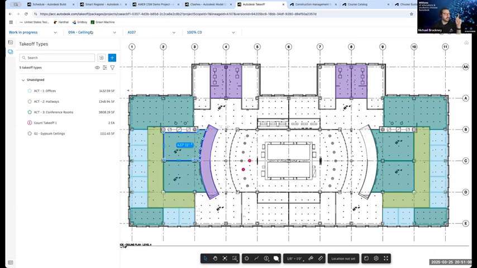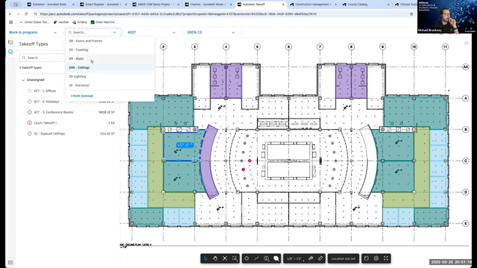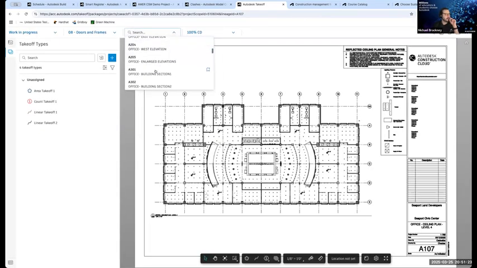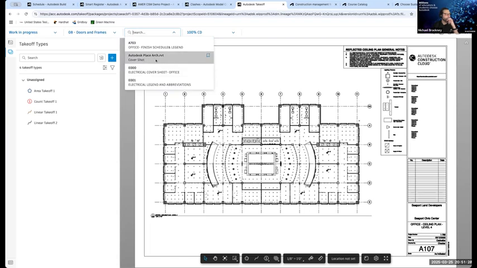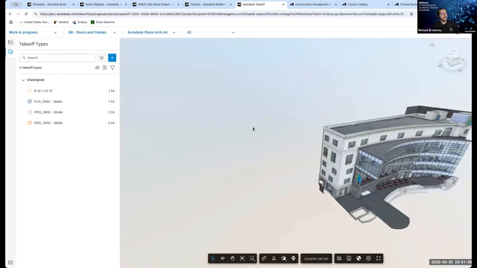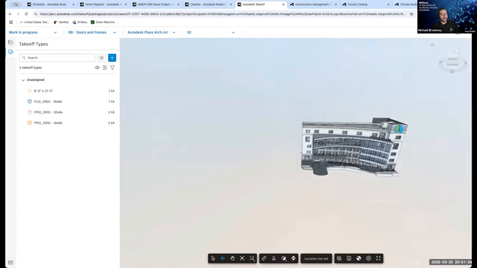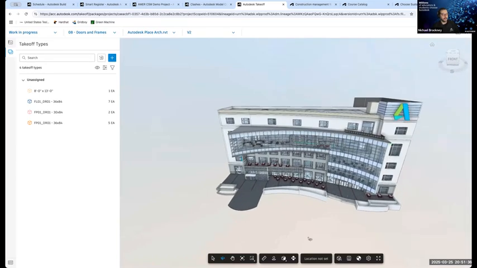But what we think sets us apart again is really, we come from the AutoCAD Revit world. Let's try to use the most that we can out of that model. So let's go maybe to doors. I think I have some doors in here. Let's go to my model. Jump in here. And so with some good model data, what we can start to do, we have this